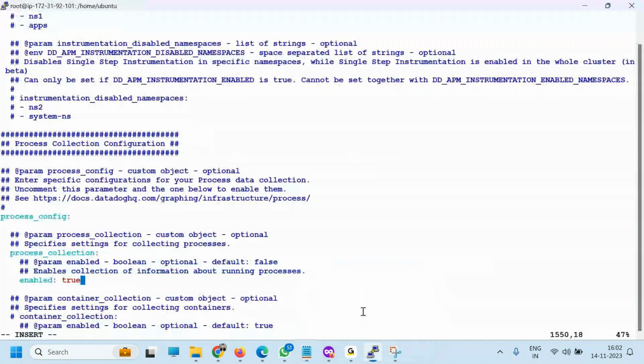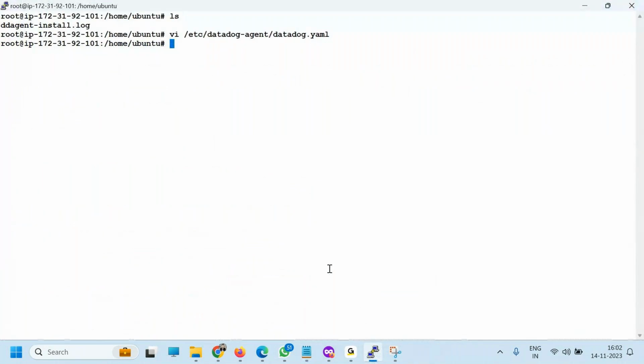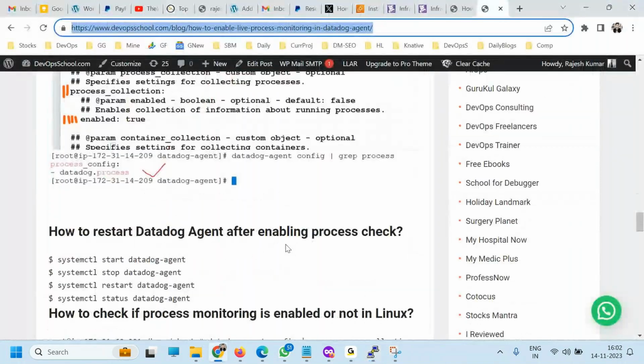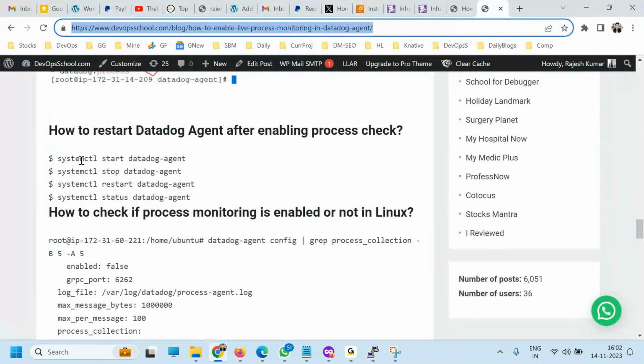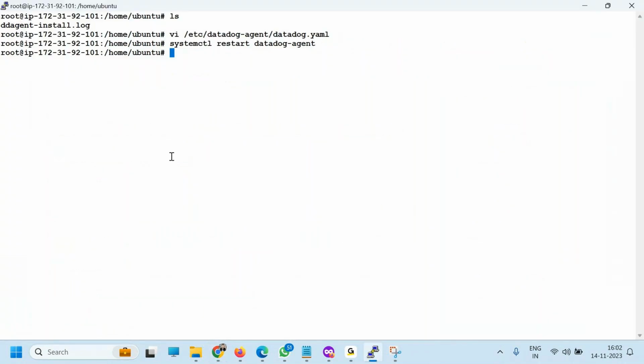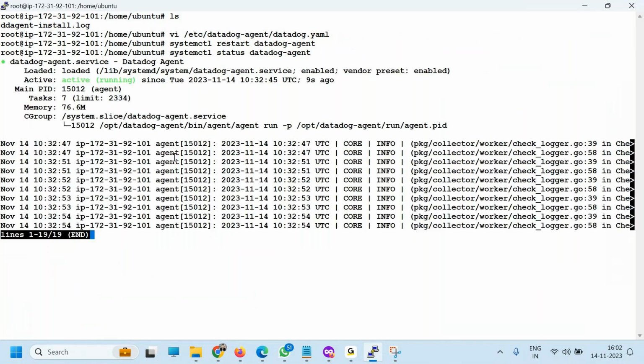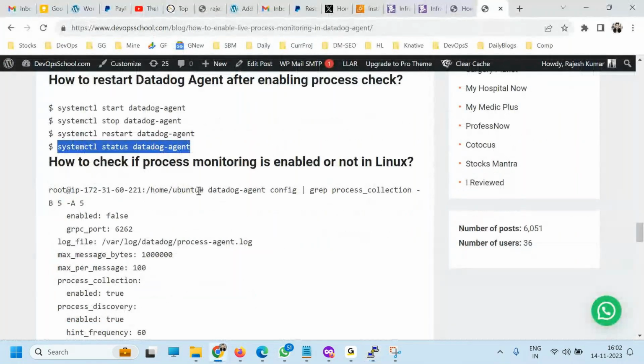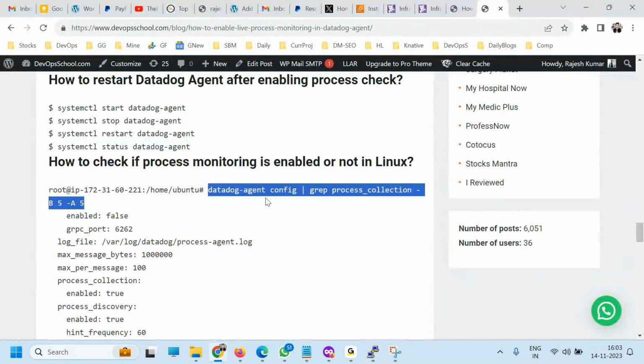So save it and then restart the agent. Systemctl restart datadog-agent. So you restart it. There's some command which you should use to verify. For example, you did the restart. Now you can check the status, and here is running, and then after that you have to run this command which will help you to find out whether process is enabled or not.